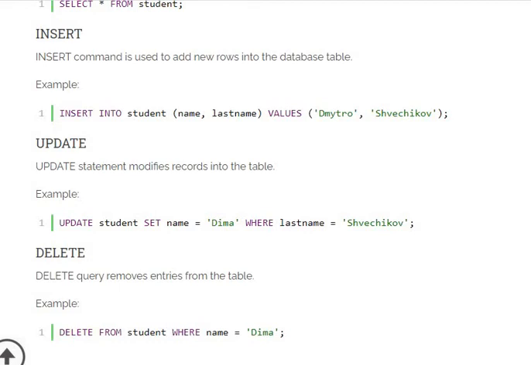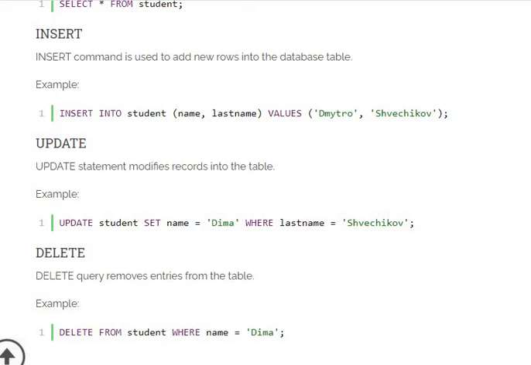Look at insert here. Insert into student and within brackets two fields are specified. If you want to insert data into any particular table, you have to do it using the insert command only. So inserting data means you can insert all the fields or only some fields.